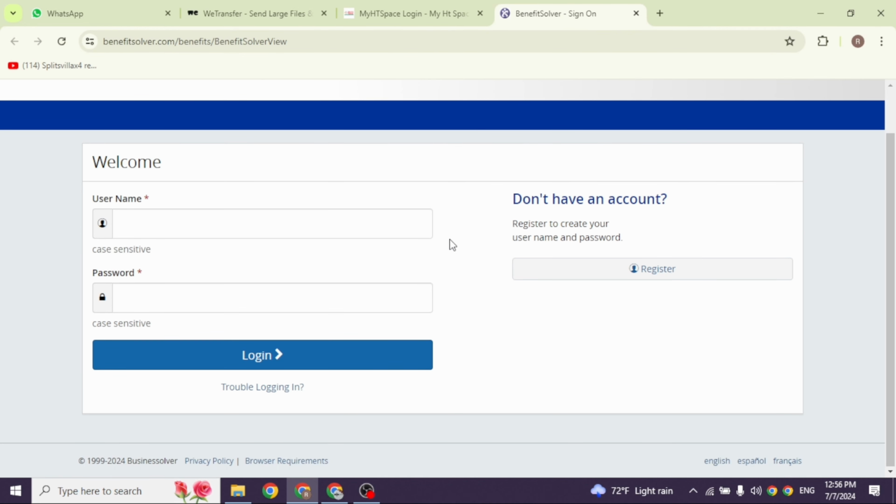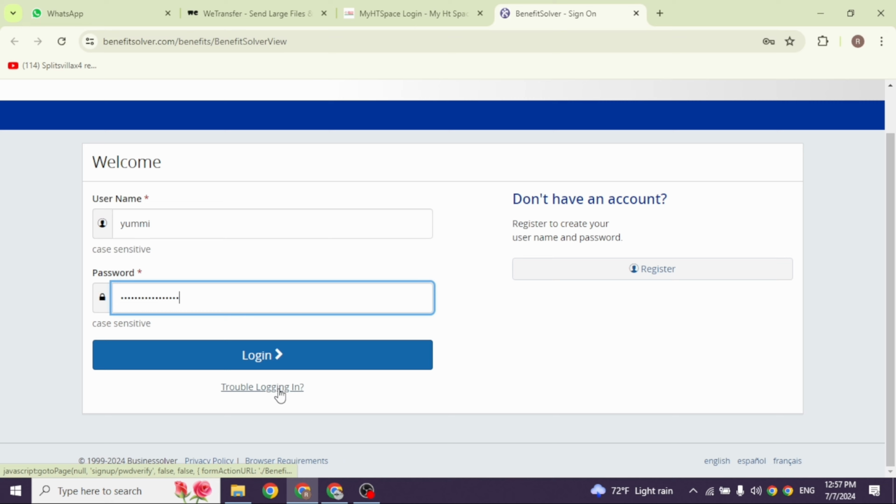All you have to do is provide the credentials. First up, go ahead and type in the username. Then go ahead and type in the password. In the case you have any issues logging into your account, you can click on the option of trouble logging in and go through the process to resolve your issue. After you fill this, go ahead and click on the option of login, and just with that you will be